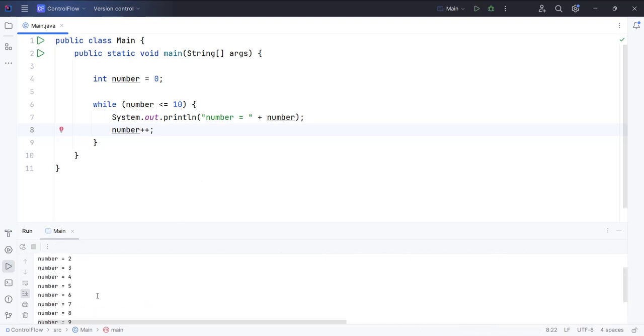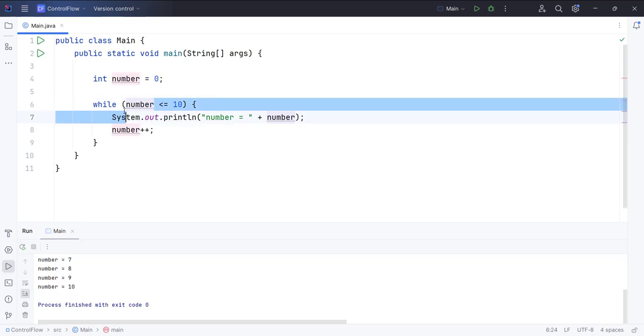Now if I run this, I get 0, 1, and we get until 10. So now it's working because now we are incrementing the number at each iteration, and when the number reaches 10, this condition will still be true because 10 is equal to 10. When it reaches 11,